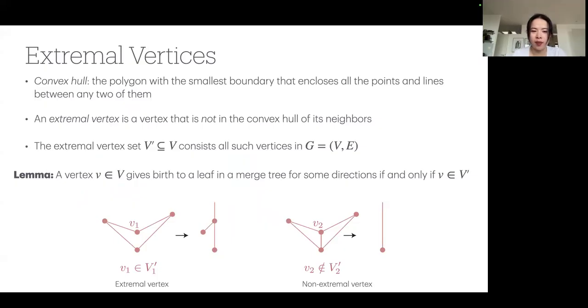Let's take a look at the example on the bottom left. In this graph, I have 4 vertices, and if I just take the convex hull, that's a triangle. But if I just zoom in on the vertex that is labeled V1,